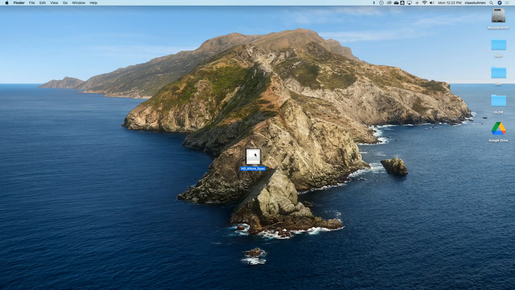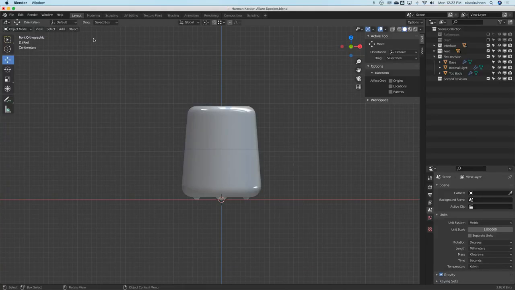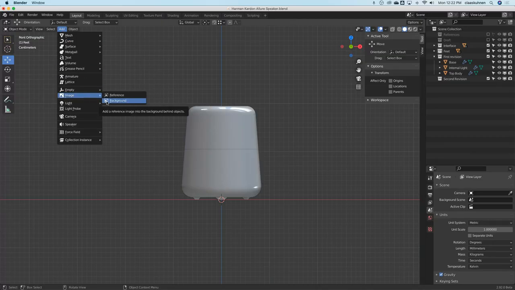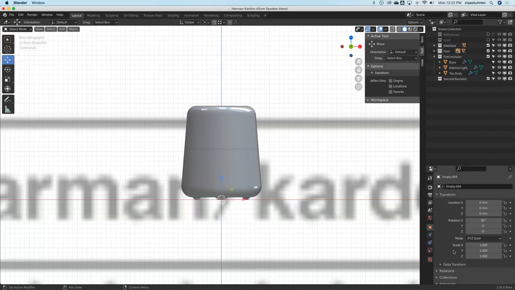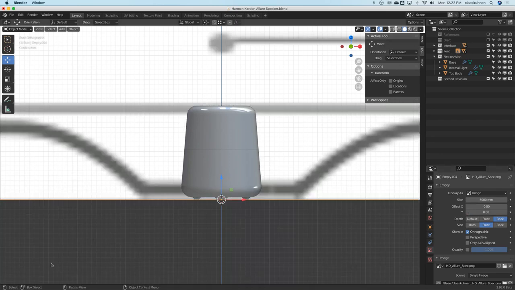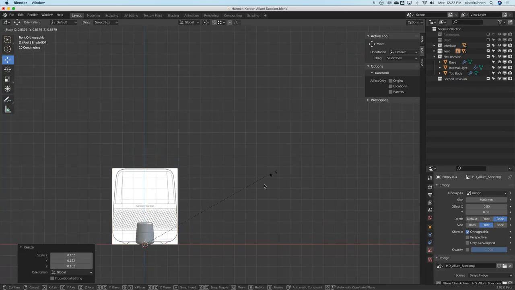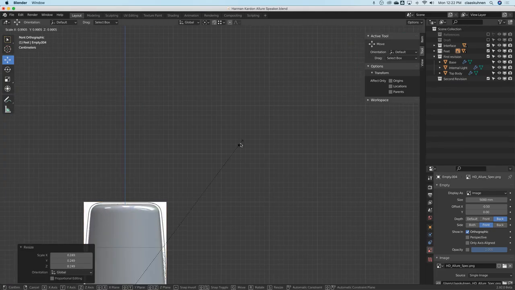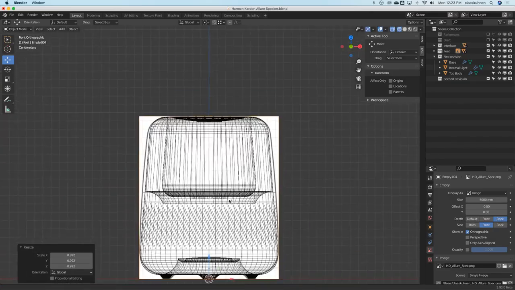Okay, so this image is linked inside the video descriptions. From there you can download it. Let's bring this in first. So we go to add image. Oh, we can use background. There it is. So this image we will set to Y0. Then it's actually right here at the bottom. Very good. And then via S, we just scale this one down so that the top looks good, and at the bottom,